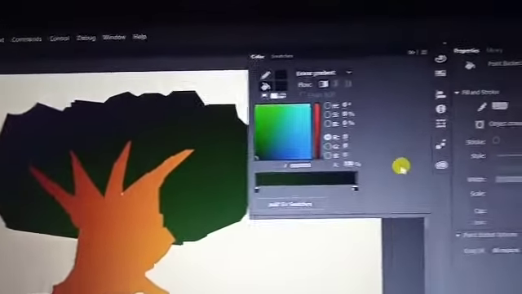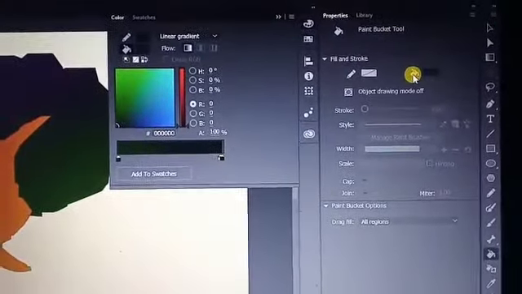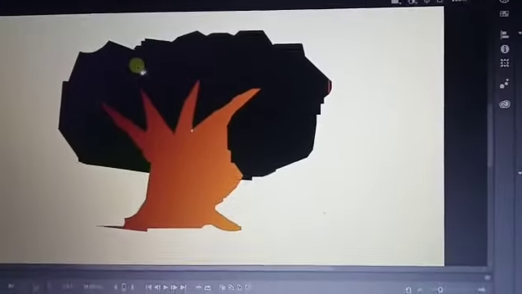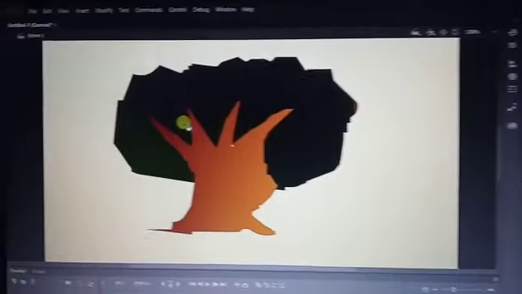Right now, add to the swatch. Again click on the tree, take it and fill it. You can find it is also a linear gradient.